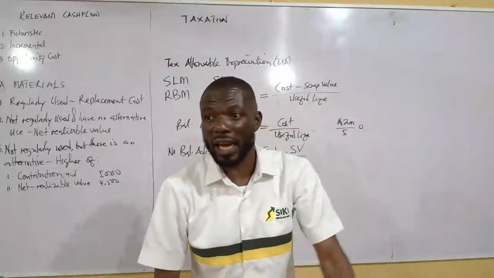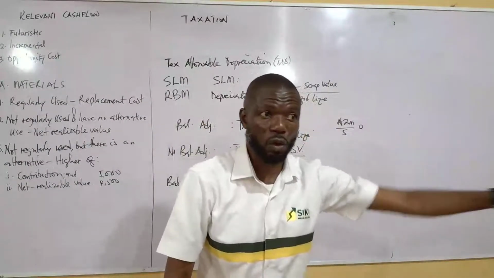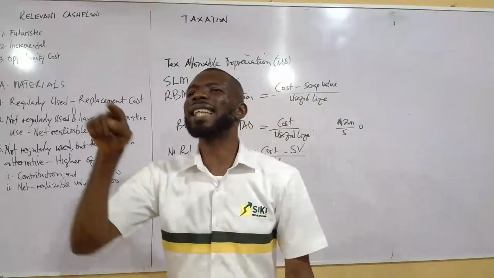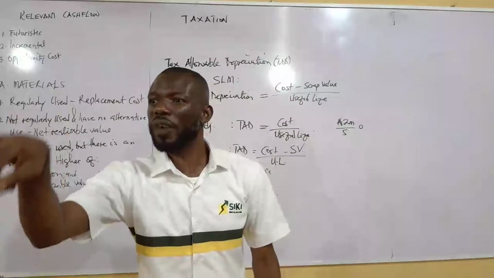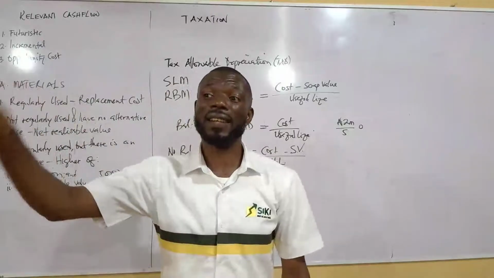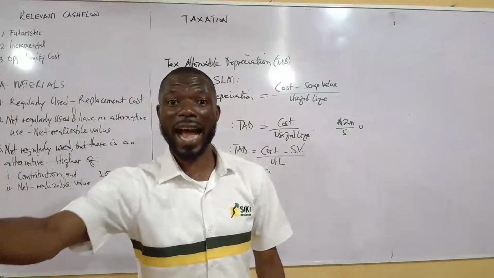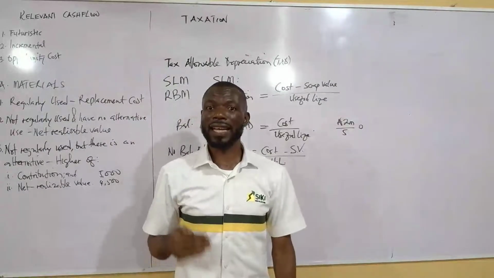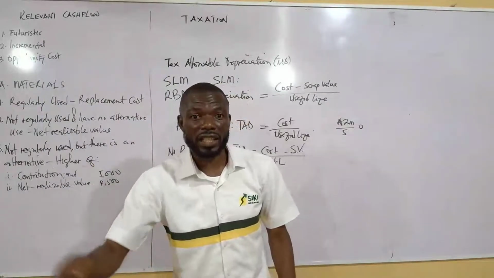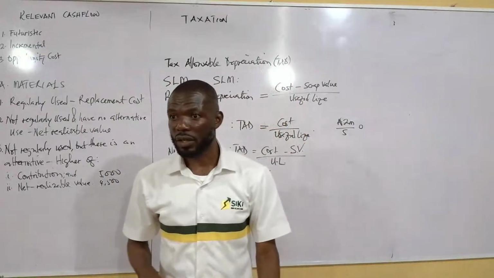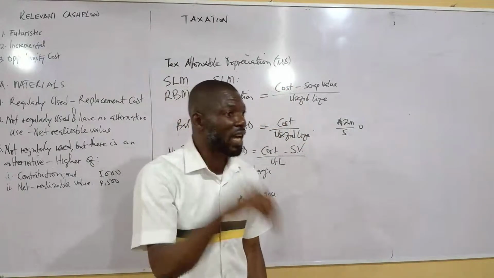You have sold that thing that you said would be 0 for 500. They will not take the 500 itself. They will apply the tax rate on that 500 and take their own part of it. That is balancing charge. Charge is when they come and they take from you. So balancing charge